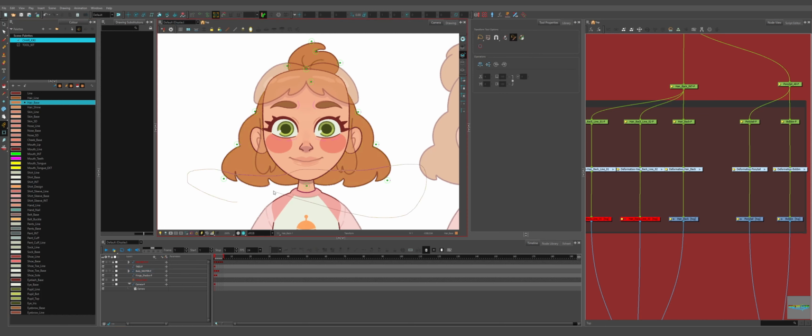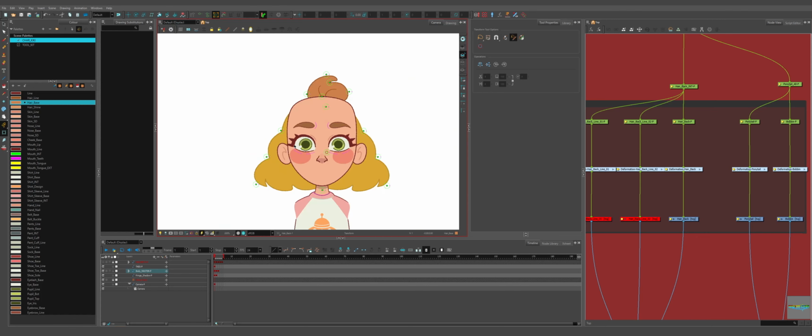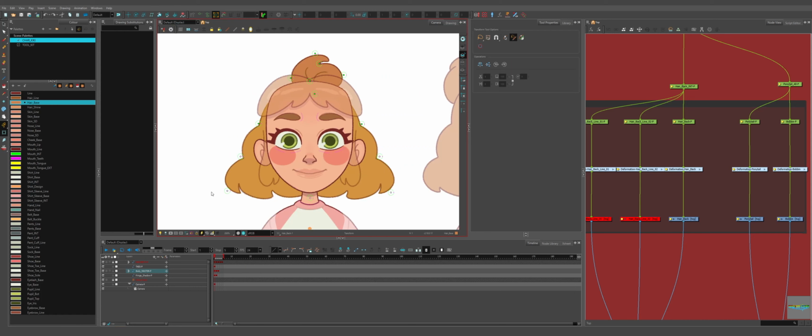So we can just mass select them and then move them around like this. Even more if you grab other ones. So that should make it move a bit more. You will kind of get this bumpiness going off. You can fix that by adding just more points where it's moving too much. And if you actually just want a nice little buoyancy going on, you can add one in the center. You can get a very subtle sway. The only issue with this is it will distort your lines. So I don't super recommend one in the center, but